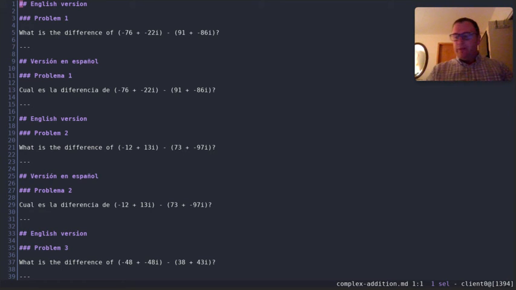Okay, so what is the difference between -76 plus -22i, and 91 plus -86i? I'm just going to write this down. So we're actually going to add the 86. I'm going to do the imaginaries first. So it's going to be 86i really minus 22i because we're subtracting a negative. So the -86 becomes a positive. So we got 64i, and then